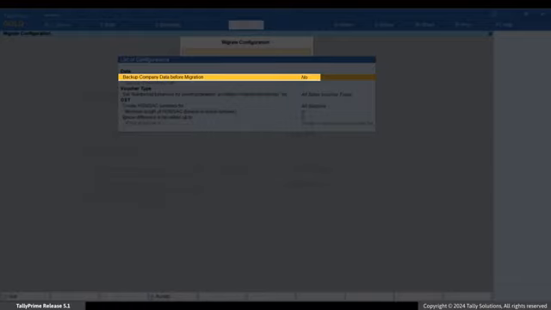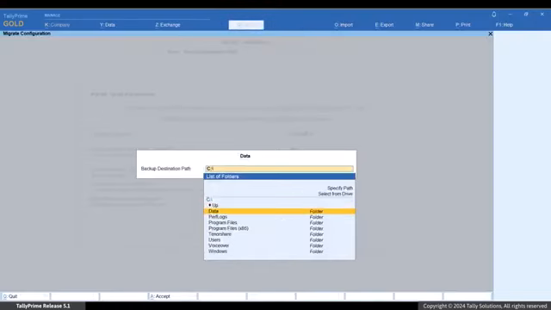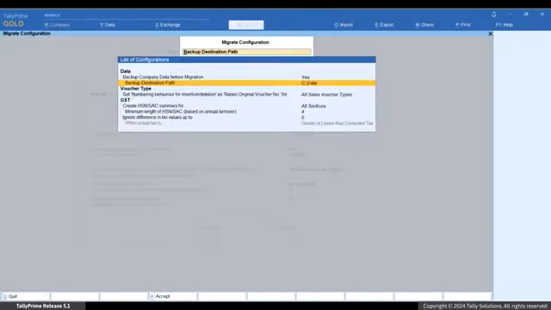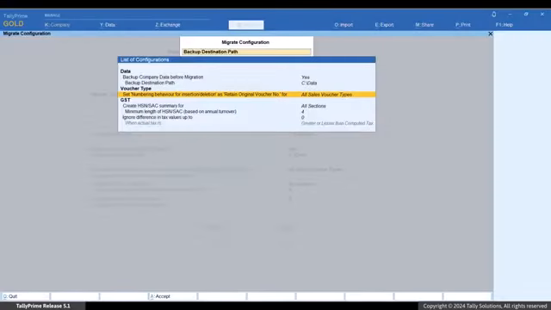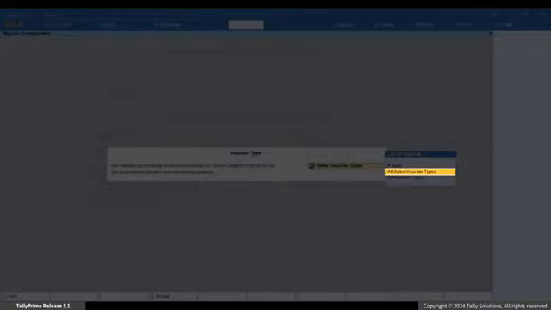Take backup of data to have a copy of your pre-migration data. Move to set numbering behavior for insertion deletion as retain original voucher number and press Enter. Select all sales voucher types to configure all sales voucher types with automatic or multi-user auto numbering method to retain original numbers when an existing voucher is deleted or new voucher is inserted in between existing series.